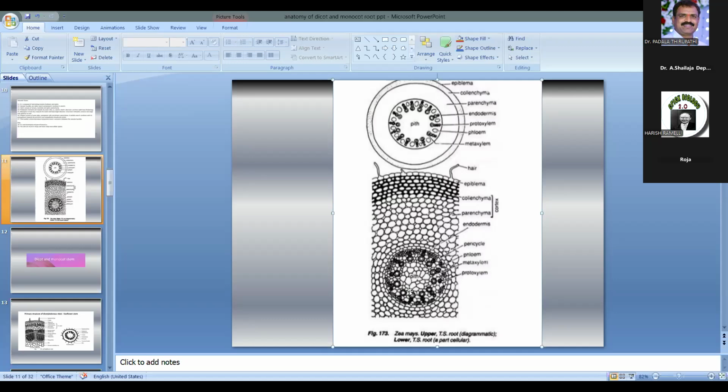Next, coming to the mycorrhizal roots, this is a symbiotic association of roots and fungi. It is termed mycorrhiza when the root is covered externally by a fungal mantle, so it is termed ectotrophic mycorrhiza. In contrast, where the fungus is located in the cortex, it is called endotrophic mycorrhiza. So these are the two different types of roots we observe in association with fungi.